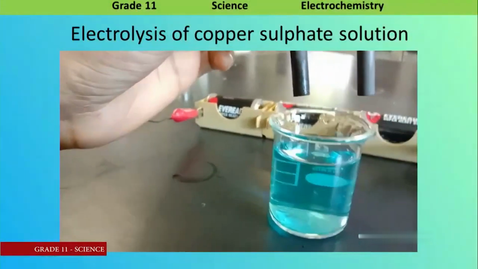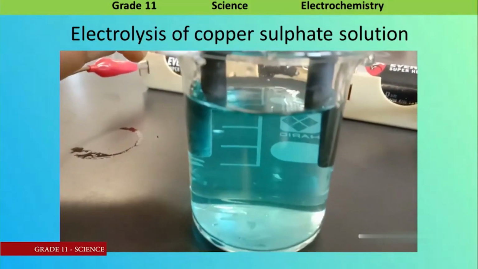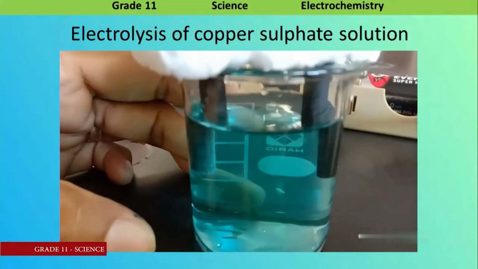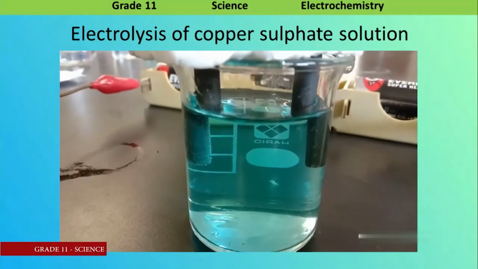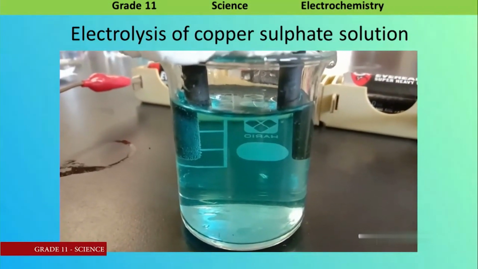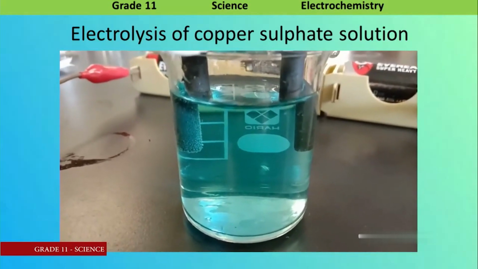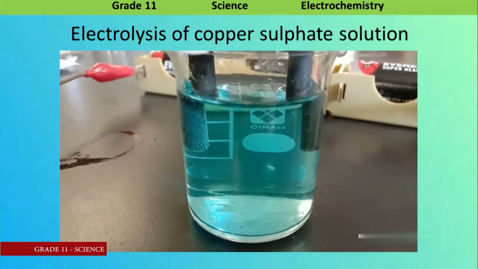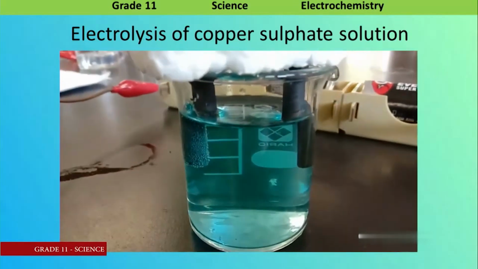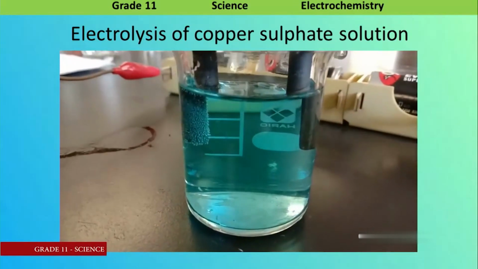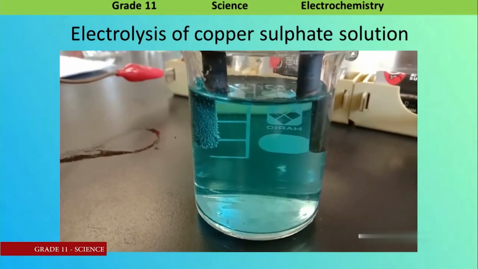Right. Here these are the two carbon rods. Now you observe the color of the two carbon rods, children. And here you can see how air bubbles are released from the anode, right? What is this gas, children? This is oxygen, right? We know that as hydroxyl ions are oxidized at the anode, oxygen gas is released, okay? So, while these reactions are taking place,